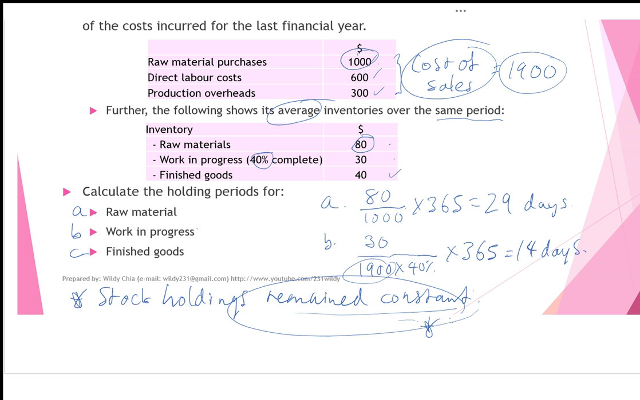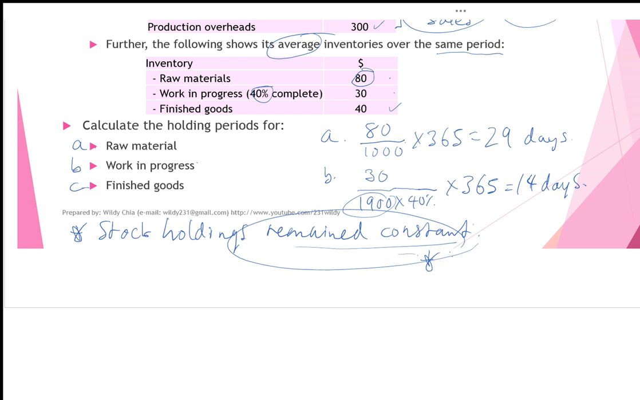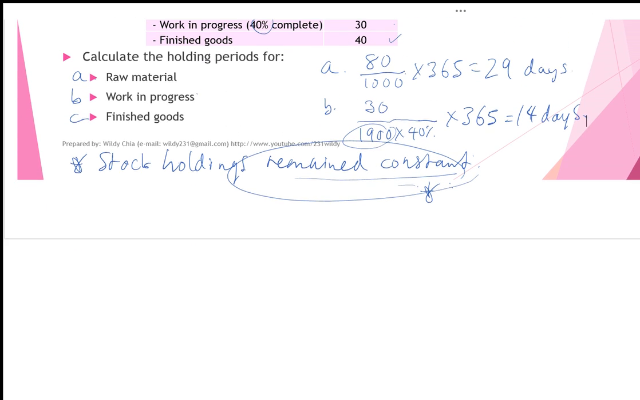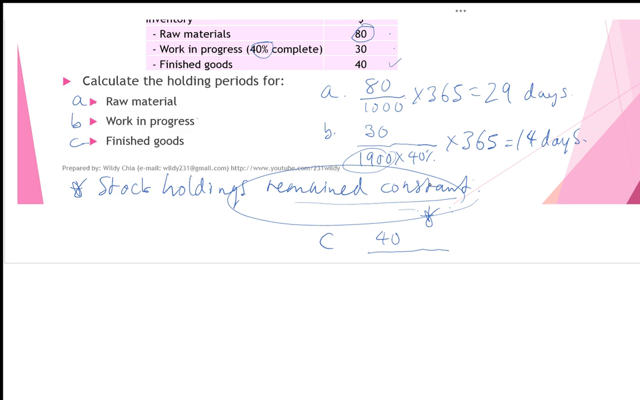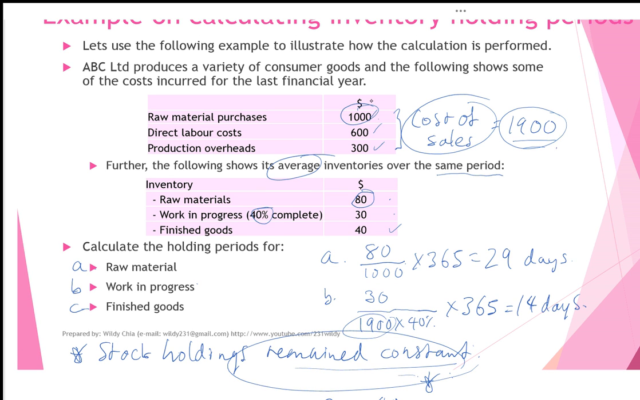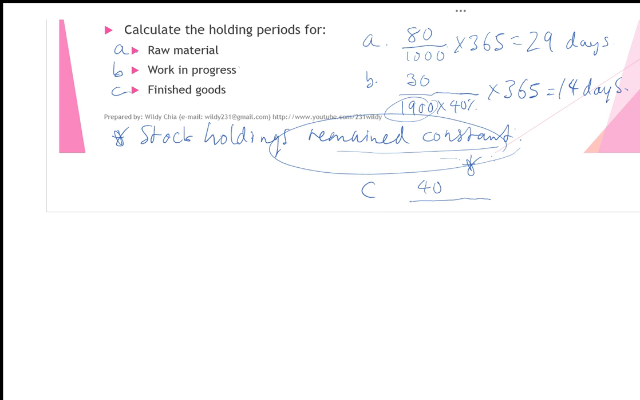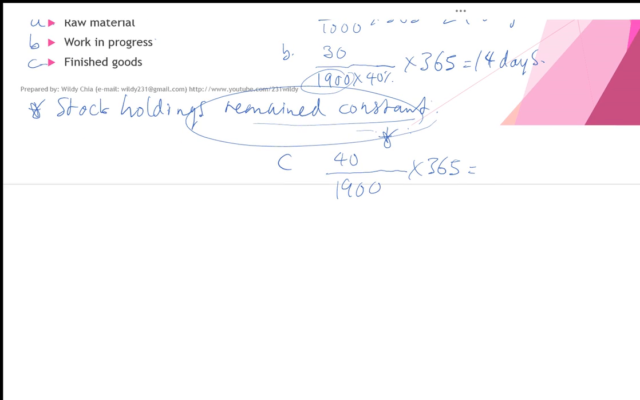Let's go on to the last one, which is the finished goods. Now the finished goods holding period is quite simple. All you have to do is, okay, I'm shifting this up so that there is more space, right? So what you need to do is simply take the finished goods stock divided by the cost of sales, which we found is 1009, and we just take the whole fraction multiplied by 365. So a very simple calculation, not very difficult at all,